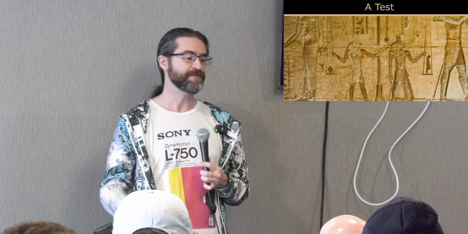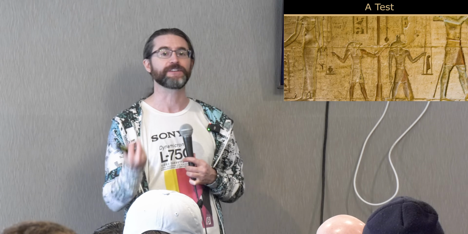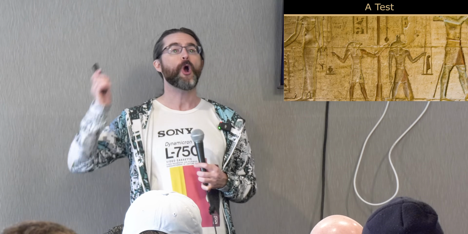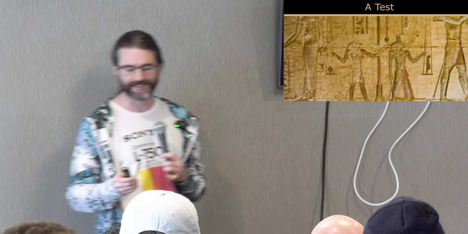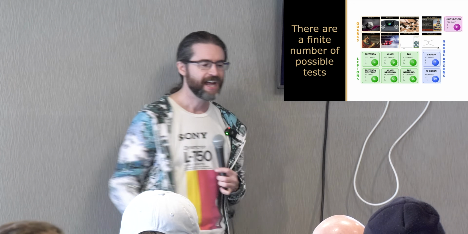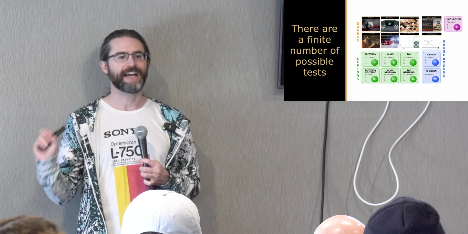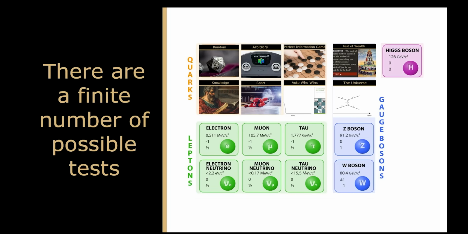So Yahtzee determines something about the universe, about the game, about whatever. All game mechanics are made up of tests. There are no exceptions. And this is where it gets tricky. As far as we can tell, and if anyone has a counterexample, if there's research out there, I'd love to see it, there is a finite number of possible tests, and even worse, many of these tests, much like quarks,